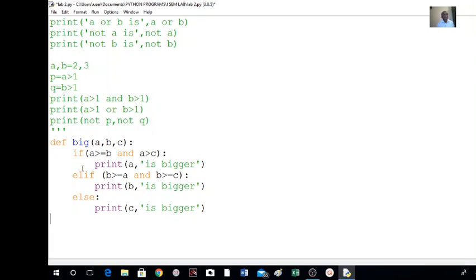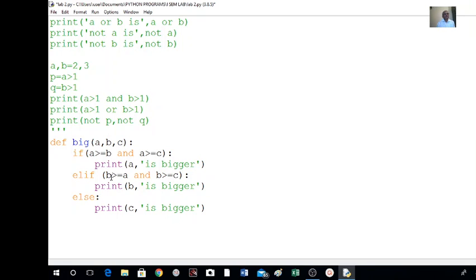Now I am using if, elif, else statement, and I am using AND here, right? So here if A greater than or equal to B and A greater than or equal to C, then what is the implication here? A must be bigger.